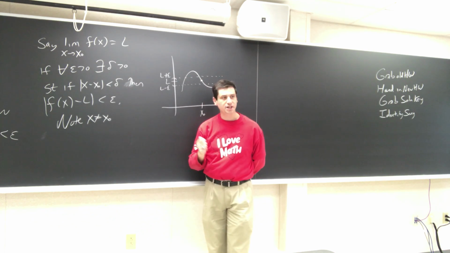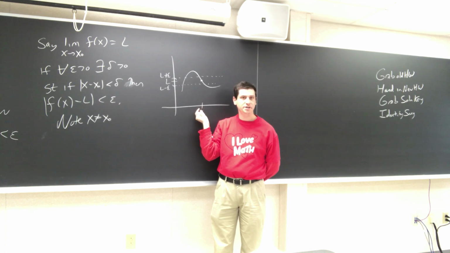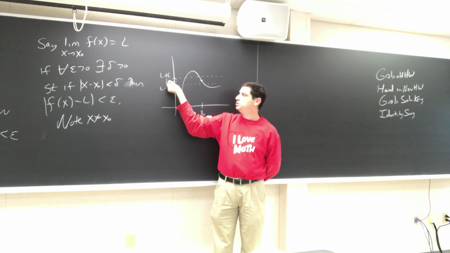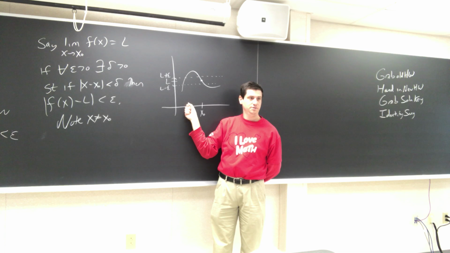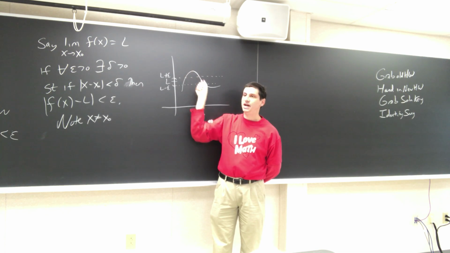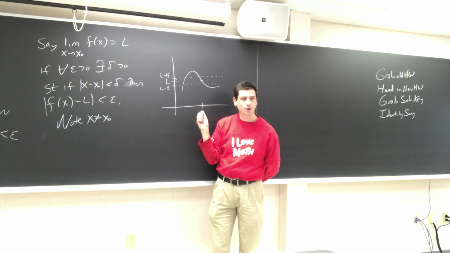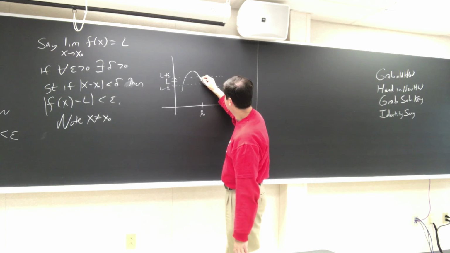And what it's saying is there's going to be a small window about x naught, such that if I'm in that window, then the value of my function is within my tolerance of L. Now, if you note, I could be all the way down over here and still be within the tolerance. But then if I move a little bit, I'd be outside. I want to be within tolerance for the whole window. So I would choose some small delta